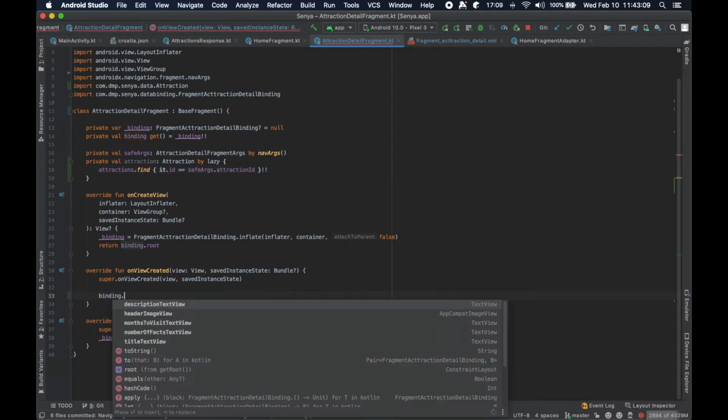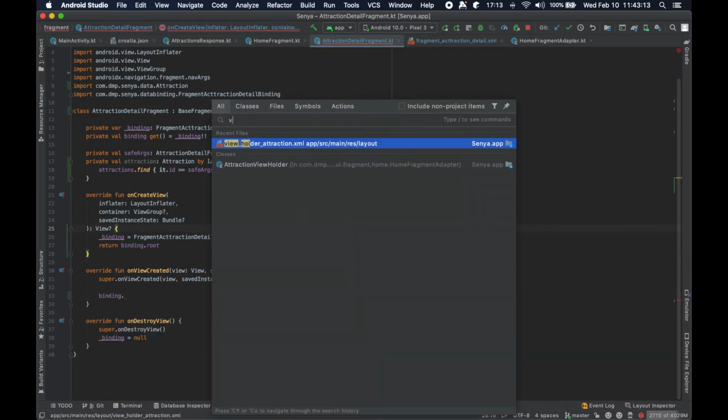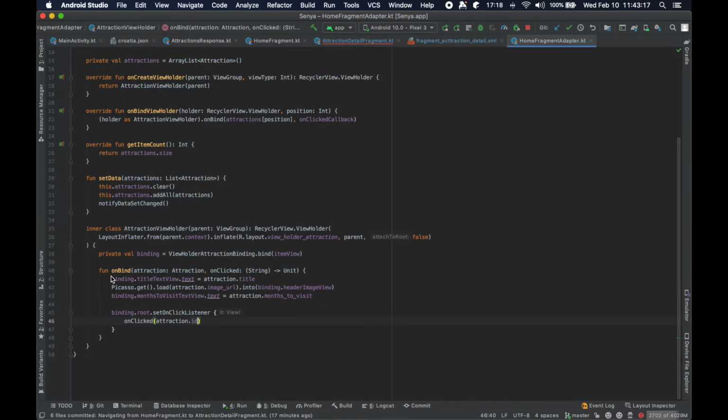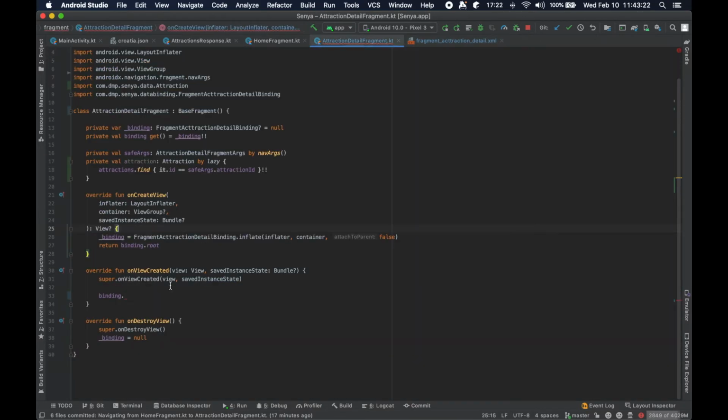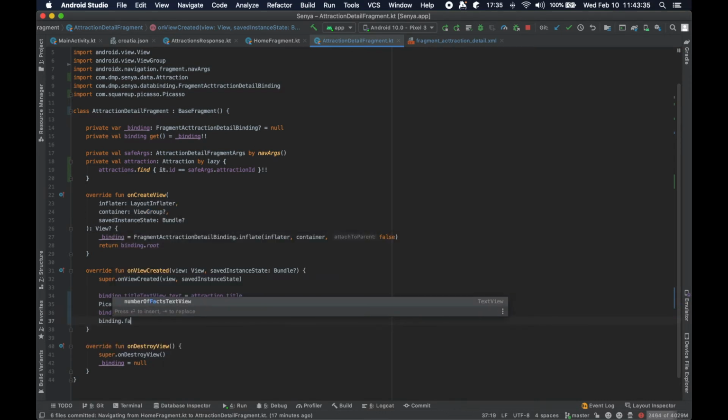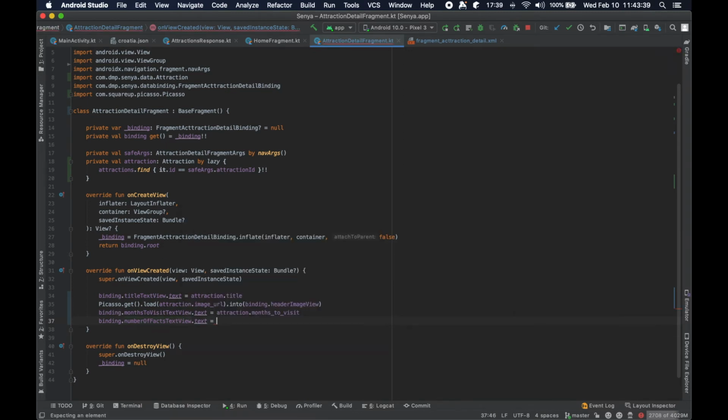And then a lot of this exists in the view holder, so we're just going to go ahead and pull that out real quick to make our lives easier. Binding title text view, Picasso, load the attraction URL into the header image, months to visit is months to visit, and then binding number of facts text view, text equals